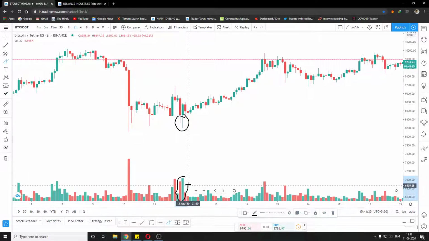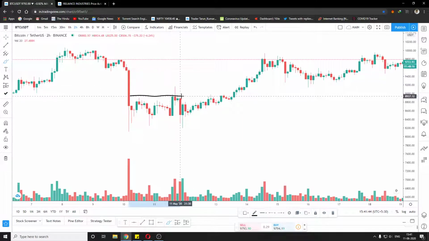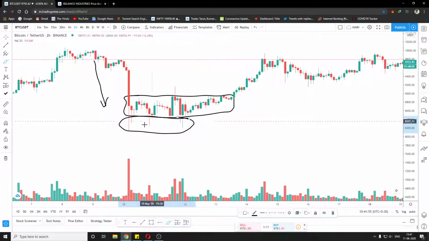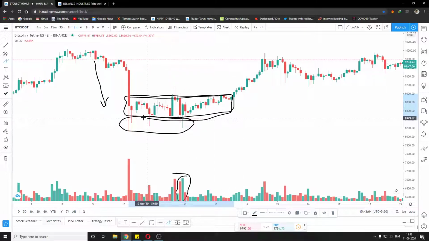And then we see more of these lower wicks, and the volume is also big. As you can see, in both of these candles we get a lower wick and the volume is huge. And then we see this accumulation area. So we have a downtrend, and we have the buying climax. This is the buying climax, where we have lower wicks supported by huge volume. And then we have an accumulation phase, and then we have a breakout at this candle.